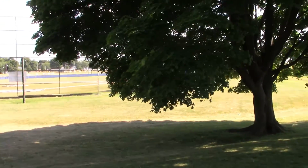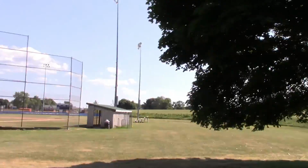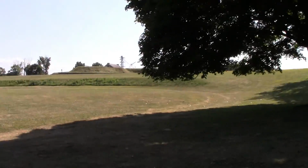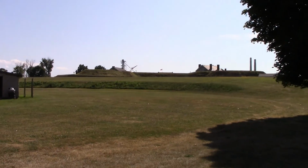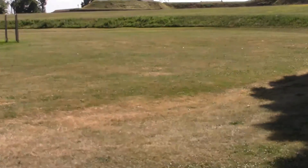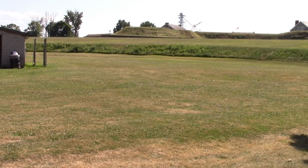Now down here, we keep going. The fort is over here to my right, and while I think it was cut out a little bit when the baseball fields were built, you can see that it's kind of on a plateau, and it has sort of a good vantage point towards the fort. Now it's possible, however, that this rise here in front of me was there in 1756, and that the French